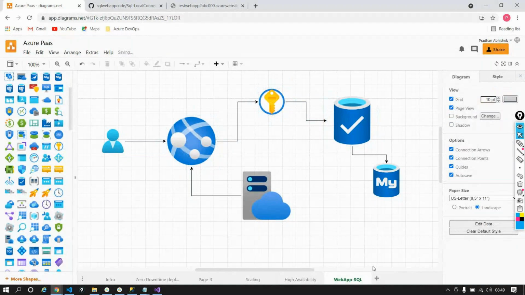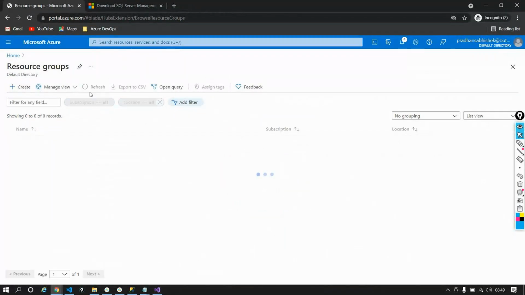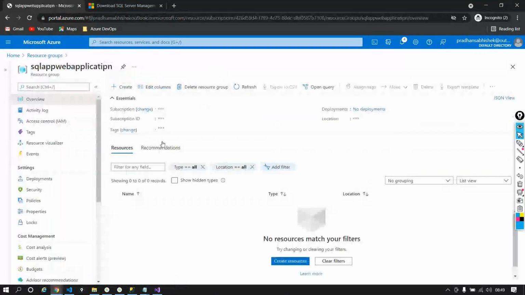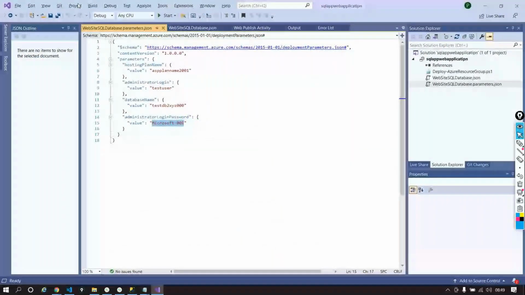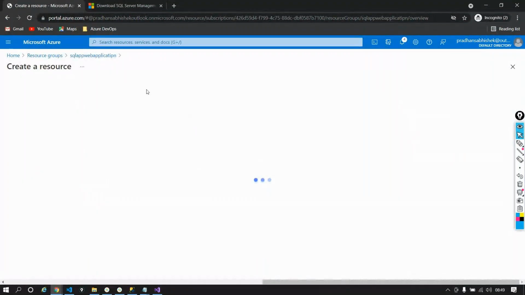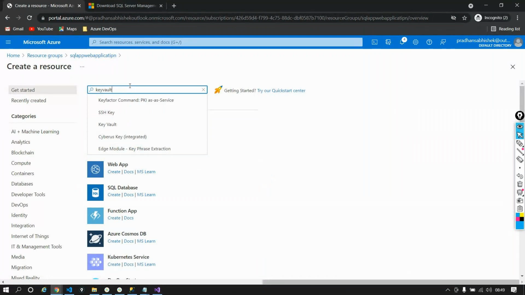To establish this connection, I need to have a Key Vault resource on the portal, which I don't have right now. So I'll just refresh this out. I have a resource group that got created because I created it from this particular template. I'll say okay fine, create a new resource. The name of the resource is Azure Key Vault. I'll say create,